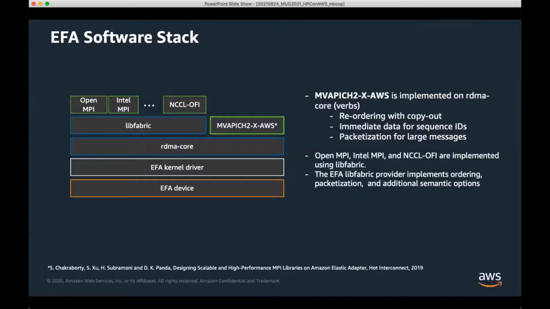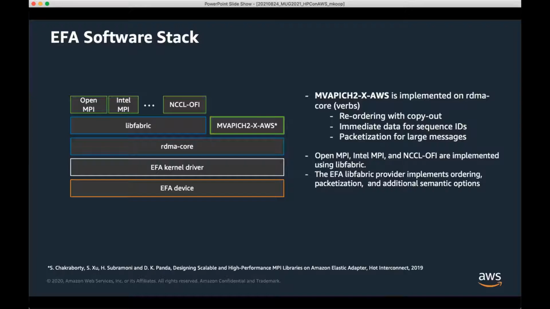So here's kind of where the software stack is. As I mentioned, we provide an RDMA core interface, which is generally the verbs level interface. There's not a lot of implementation directly on that level. MVAPICH2 is one of the few that makes direct use of that level, and that's for the primary reason that you have to take care of things such as packetization as well as that reordering. And so MVAPICH2 does some unique things around how it handles that reordering for large messages, which is great. And I've also linked the paper there.